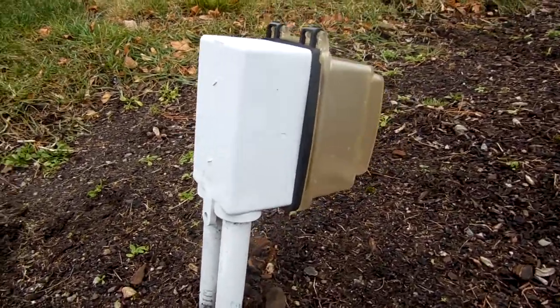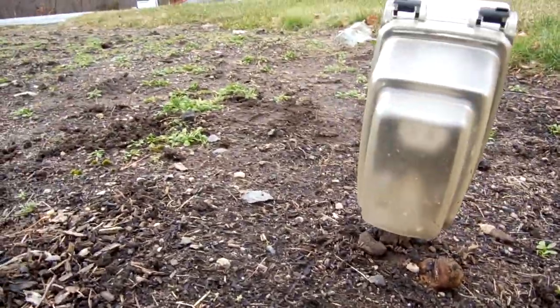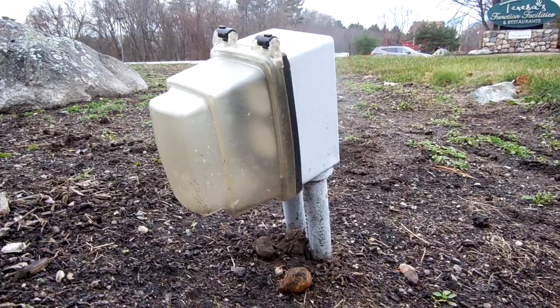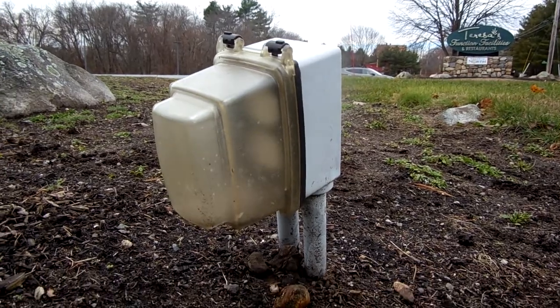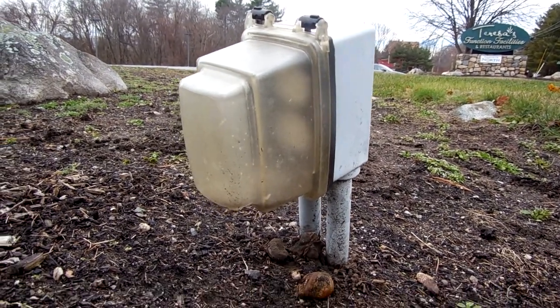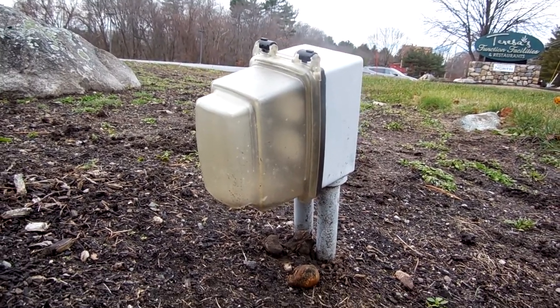And in this video I'm taking a look at the way this box is installed and supported on this PVC conduit we see here. What we have is a violation of section 352.12(B). PVC conduit is not permitted to support luminaires or other equipment such as this PVC box. However,